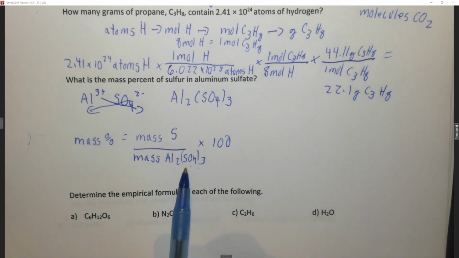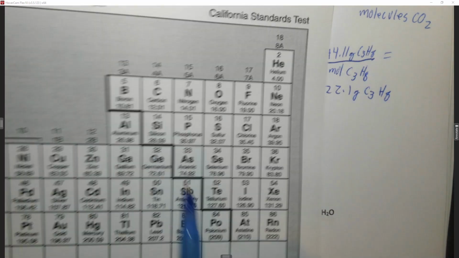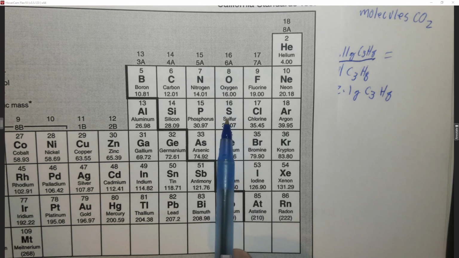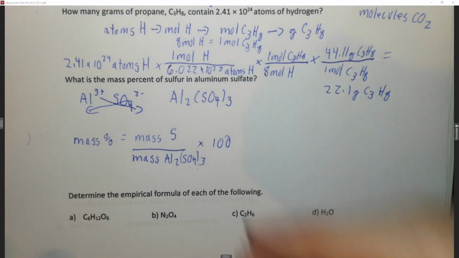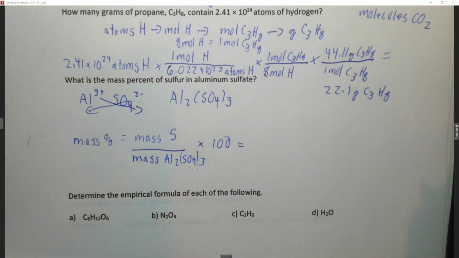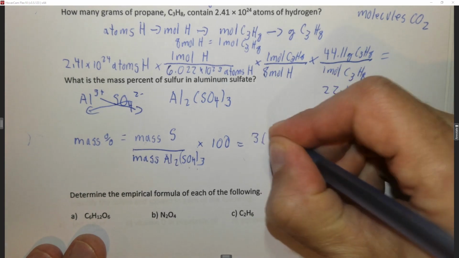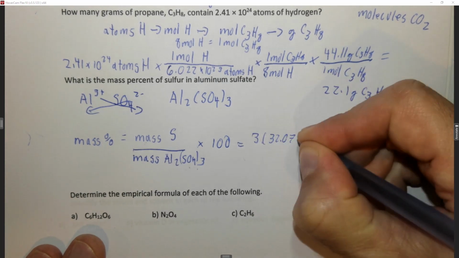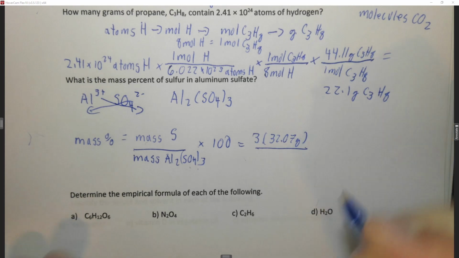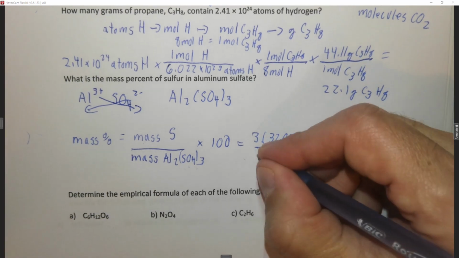over the molar mass of aluminum sulfate. Now I'm lazy. Aluminum sulfate is too big for me to try to find the molar mass. You could do that. You could do an aluminum plus 3 times sulfur plus 12 times oxygen, or you could just Google it. It's up to you. So the mass of the sulfur is 3 times the molar mass of the sulfur, which is 3 times 32.07 grams, divided by the molar mass of aluminum sulfate, which if you look it up, is